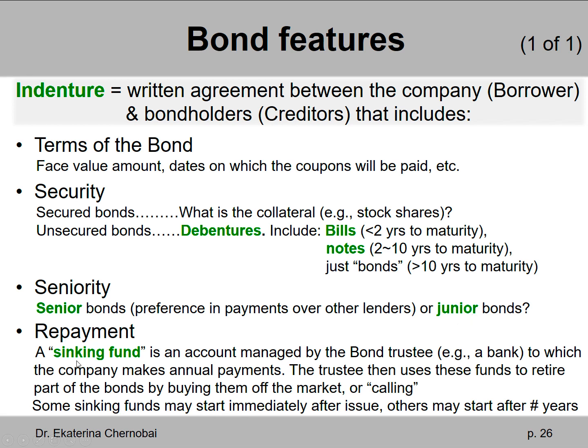Repayment. So we have a company that sells bonds. We have investors who buy those bonds. There could be a third party, a sinking fund, between the company and the investors. The role of a sinking fund is that the company will be making annual payments into this sinking fund. So it could be some sort of bank. And then this bank, this sinking fund, will use the money that will accumulate in it to, so to speak,